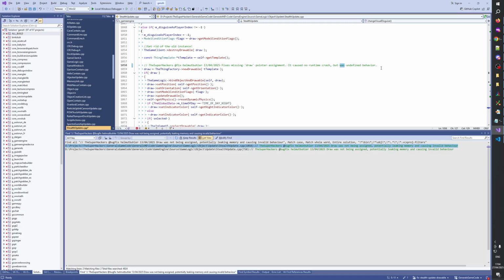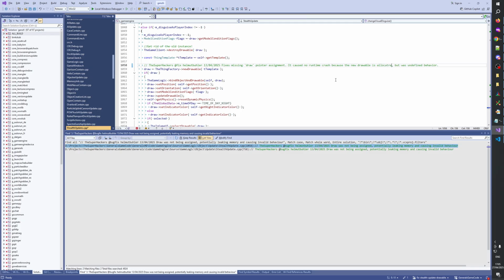Caused no runtime crash, but was undefined behavior. I'll say it caused no runtime crash because the new drawable gets the same address. The new drawable